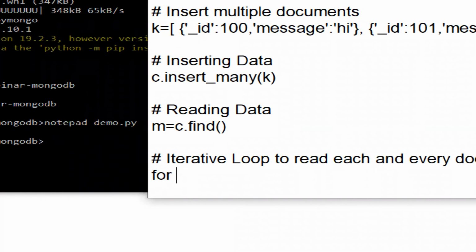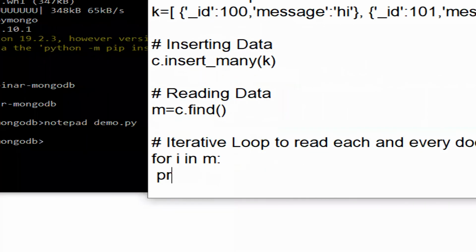That is why you have to write for i in m: print(i). You know how to use a for loop in Python, right? So simple: for i in m, print(i). If you write this logic, every document will be printed on the output shell when you call this Python program. So it's simple.